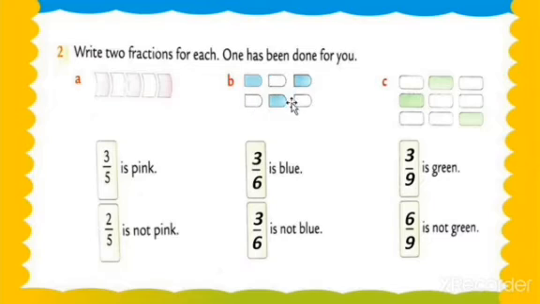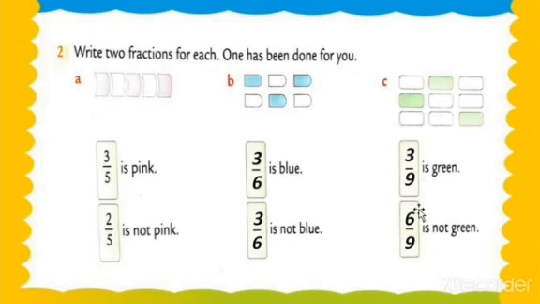See this, 3 parts are not shaded by blue color and 3 parts are shaded by blue color. Understood? So that's why we are writing 3 upon 6 is blue and 3 upon 6 is not blue. Now we move on to example number C. Let's check example number C. My dear students, how many blocks are in question number C? 1, 2, 3, 4, 5, 6, 7, 8 or 9. There are 9 total blocks. So that's why we are writing 9 in the denominator. In both denominators we are writing 9.